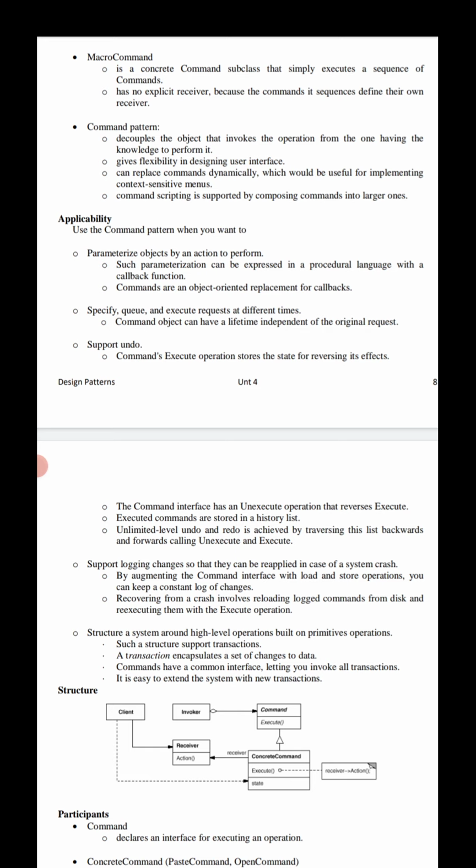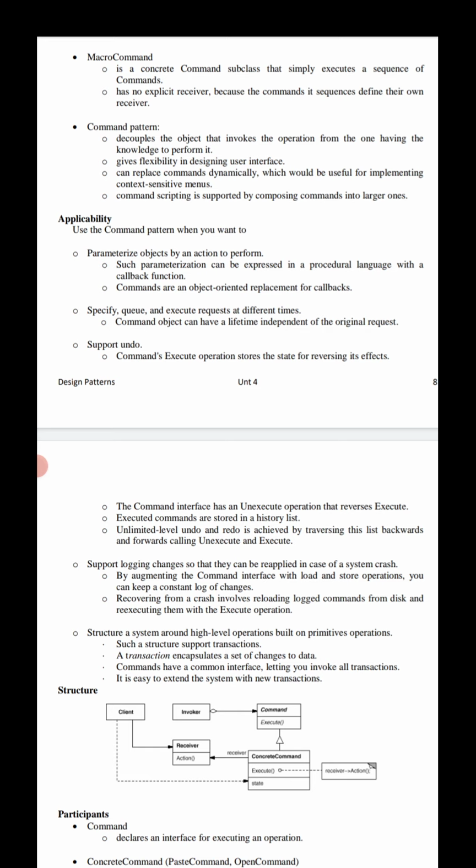Here we want to perform undoable operations. The command's execute operation stores the state for reversing its effect in the command itself. So the command interface must have an added unexecute operation that reverses the effect of a previous call to execute.